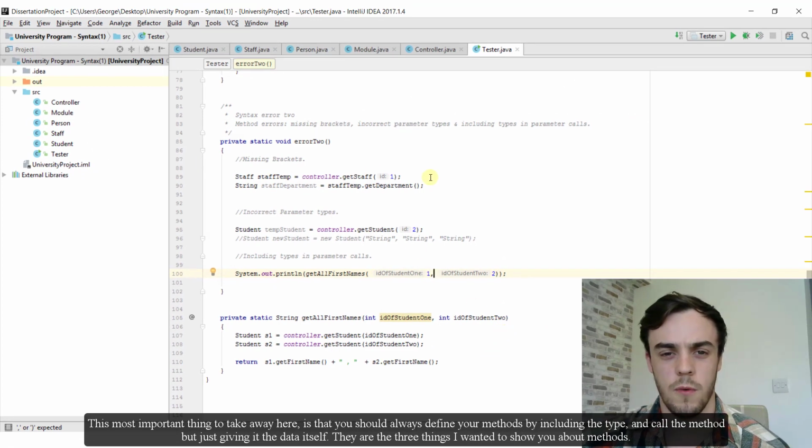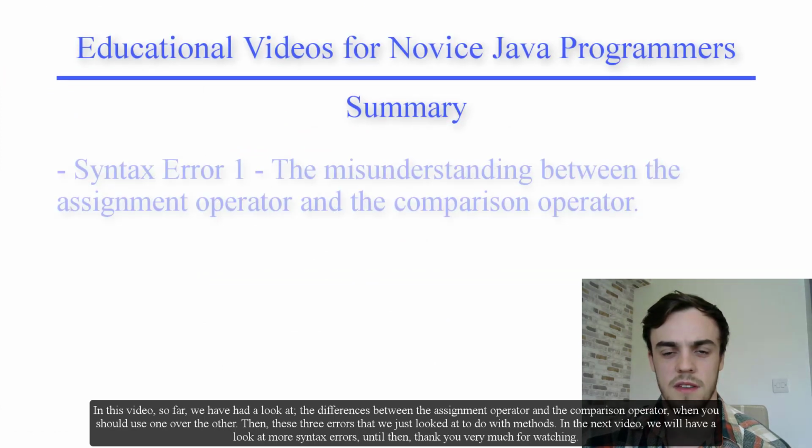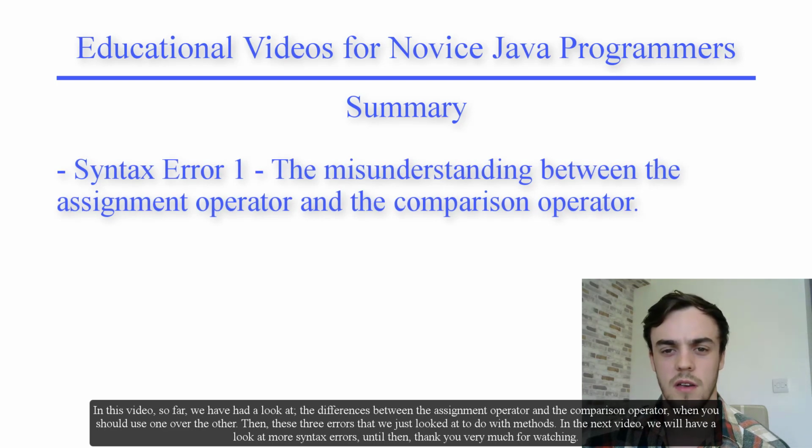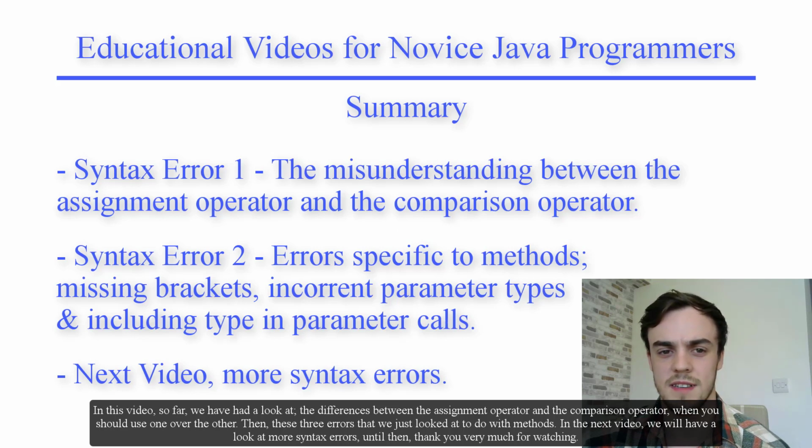So they're the 3 things I wanted to show you about methods. In this video so far we've had a look at the differences between the assignment operator and the comparison operator, when you should use one over the other, and then these 3 errors that we just looked at to do with methods. In the next video we will be having a look at some more syntax errors, but until then,